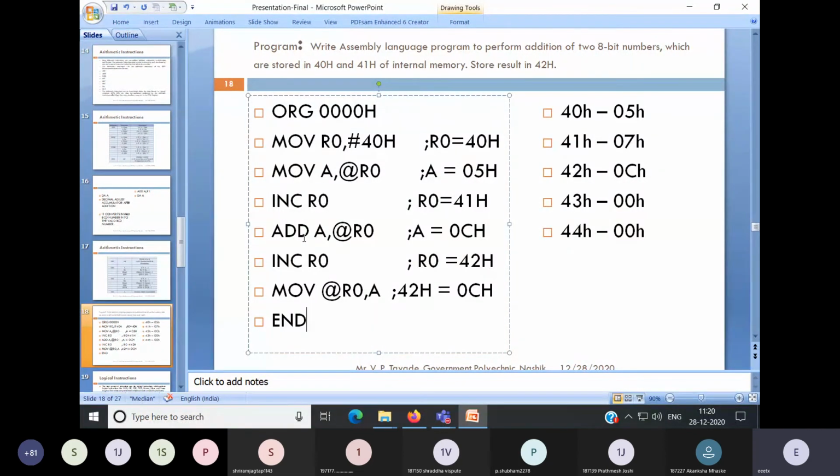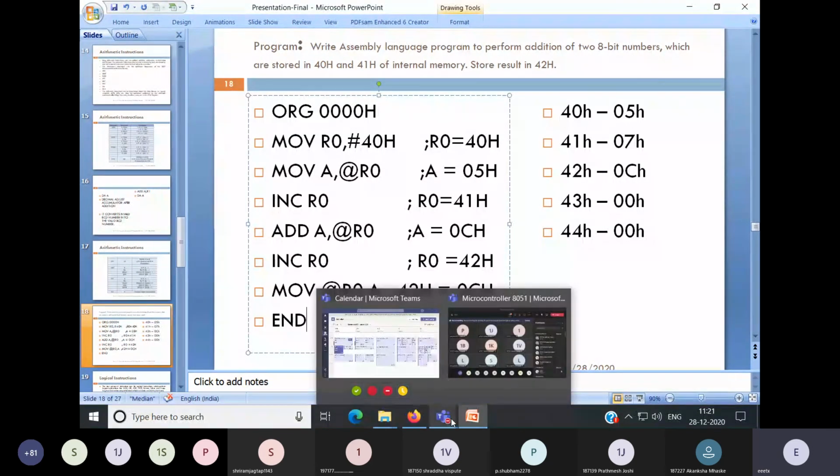That's why again increment the R0, it will become 42H. Correct? And after that simply send that data or result which is in accumulator into @R0. So at 42H, you will get 0CH. And as our task is complete, simply write the END instruction. Clear? So this is how you will write a program to perform addition of two 8-bit numbers using internal memory.